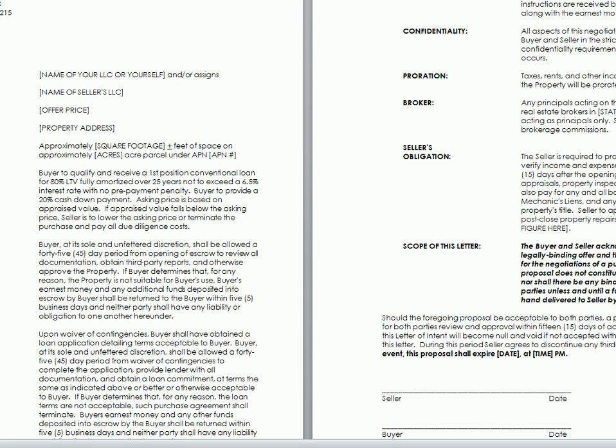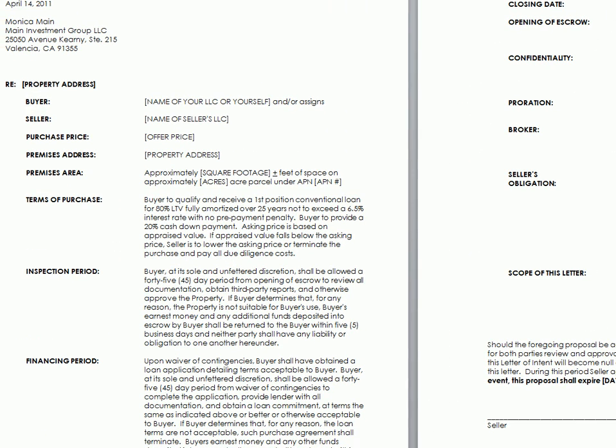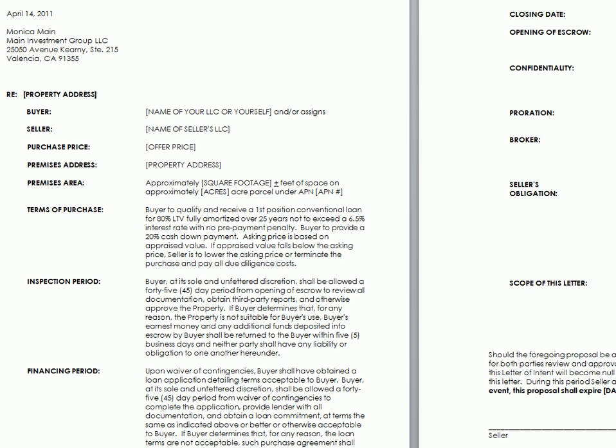Okay, so here we go. I'm going to show you how you would fill this all in to this particular form that I have, which is my LOI offer form, as you probably already know, and if you're one of my students, you're going to know how this particular LOI offer form works. Okay, so I'm going to show you. I'm not going to fill in the property address or anything because I don't want to waste too much time. You're going to be able to find all this information located on LoopNet. Say, for example, you have your property address, obviously, is going to be on LoopNet. You're going to be able to find your square footage, your acres, and your APN, which is your assessor's parcel